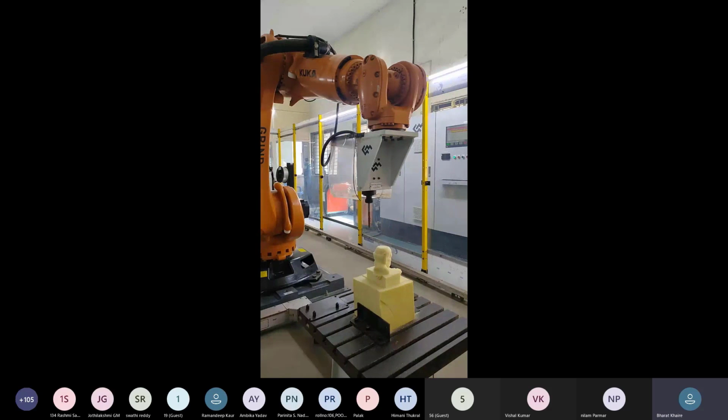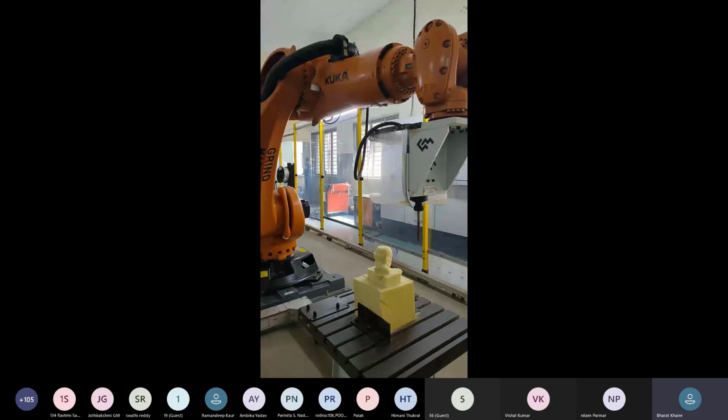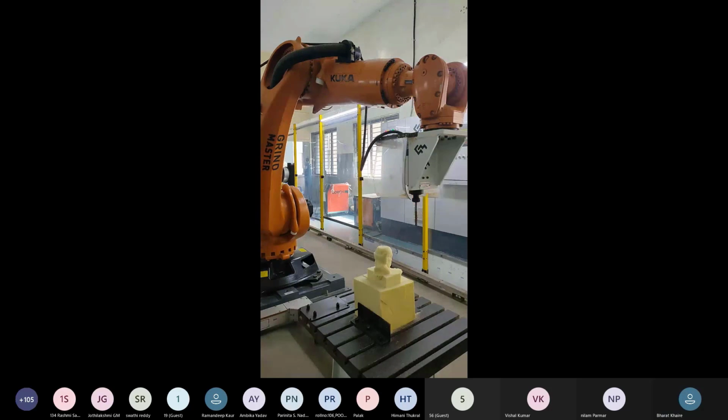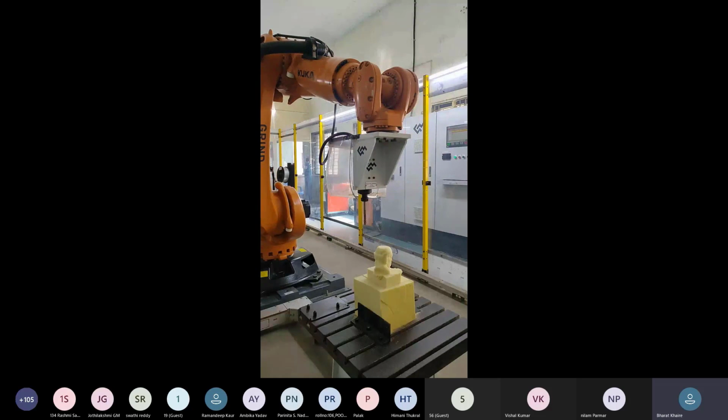This is the start point of the circle. First semicircle, auxiliary point and end point. Another auxiliary point, and this is the end point of the circle.